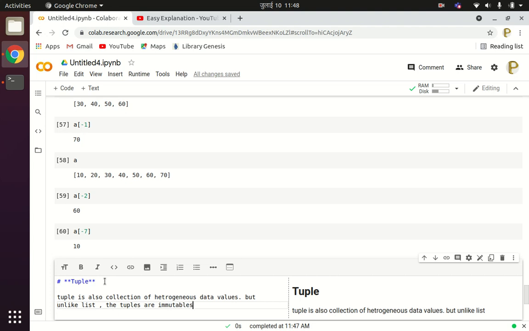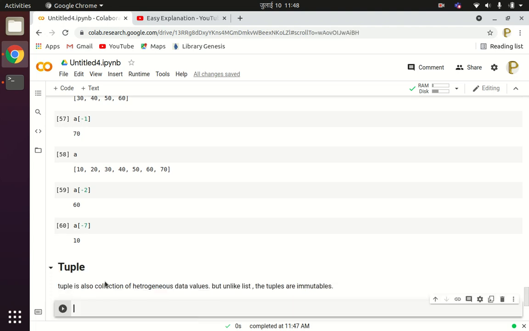Immutable means you cannot change the value of a tuple element once the tuple has been defined.